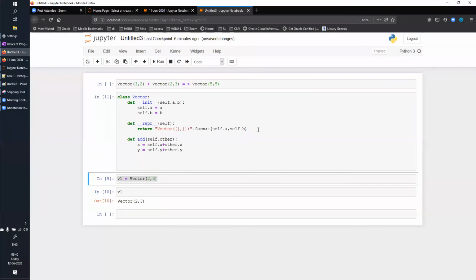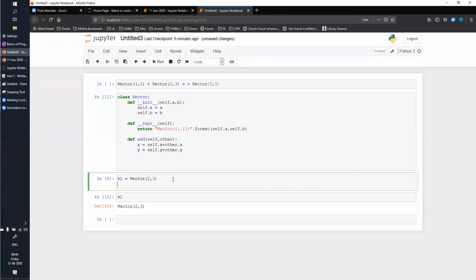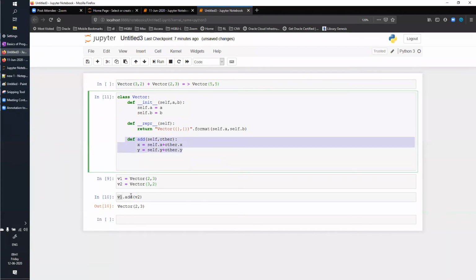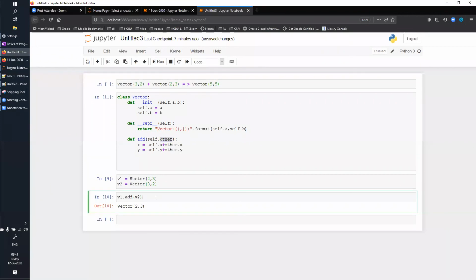Okay, I will explain this. So let's say I have v1 as one vector and v2 as another vector. For now, I will say on object v1 call the add method, and in this pass v2. So what is this doing? v1 is self here, and on this you are calling this functionality add, and you are passing v2, that is other, the other vector, and it will do the addition computation.